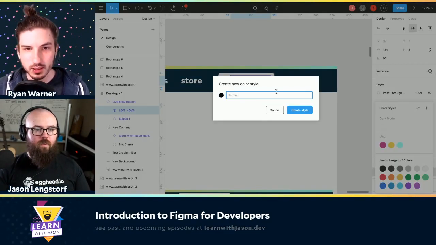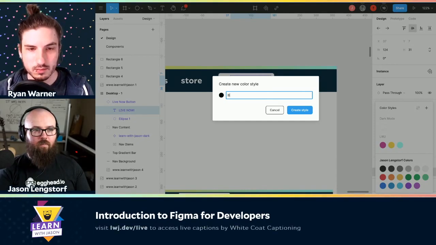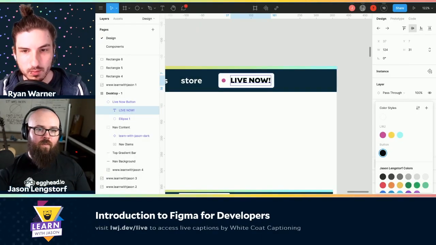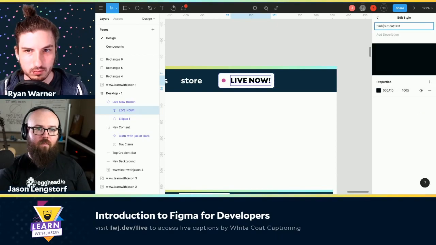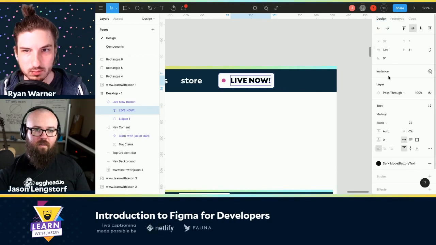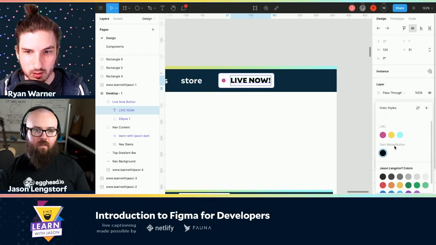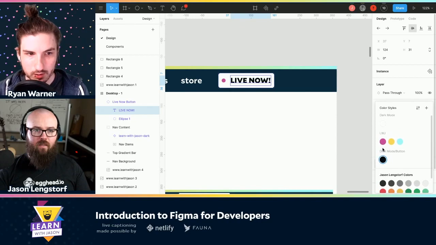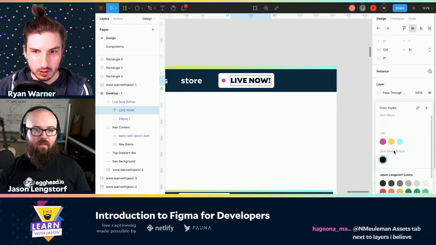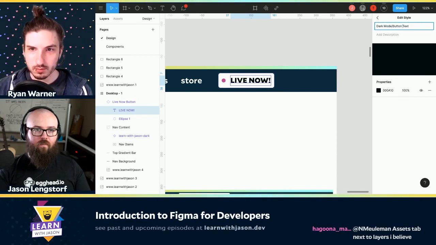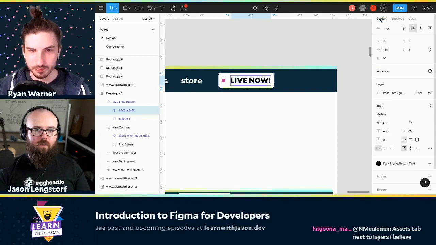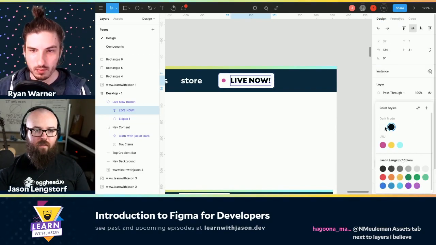Yeah. So with this one, we can say button text, I guess, because the button, no, that's not what I want. So I actually want to make this dark mode button text. Does that work? That'd be cool if that just worked. I think it does. Don't remember. Dark mode / button. And then you might only be able to go one level deep there. It only let me do the one level deep. That's okay, but we can fix it like this. There we go. These will still be grouped.